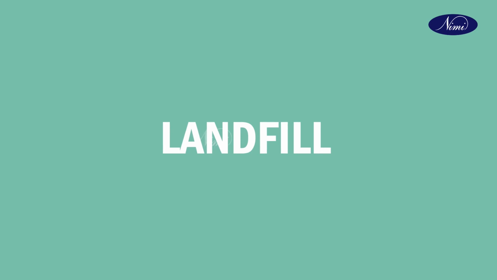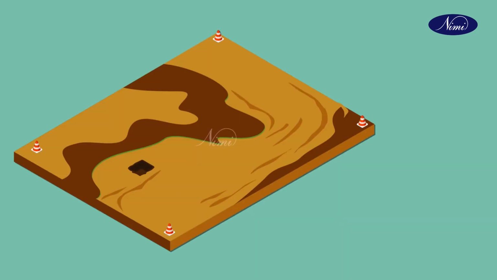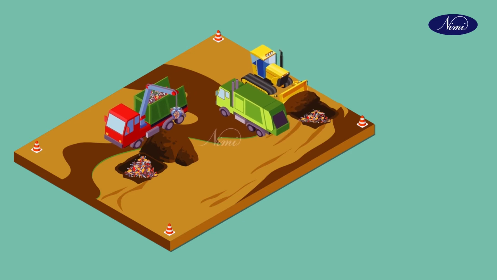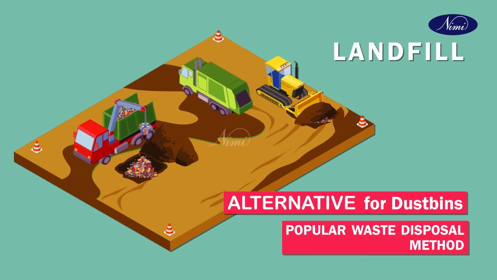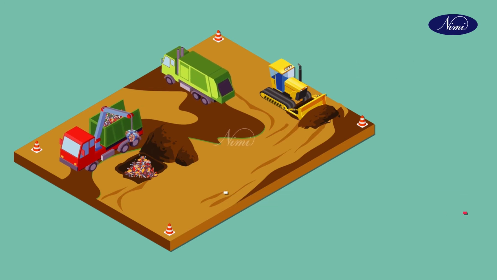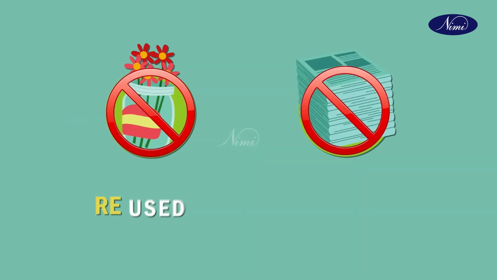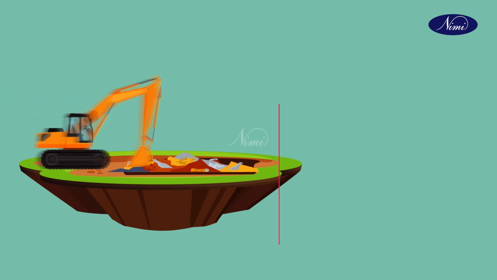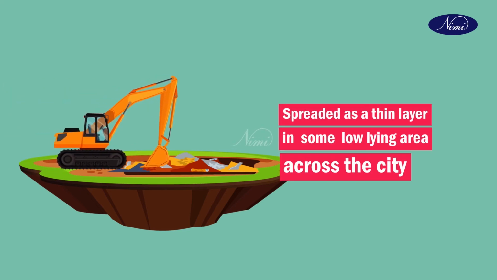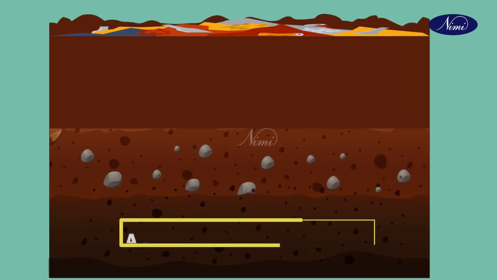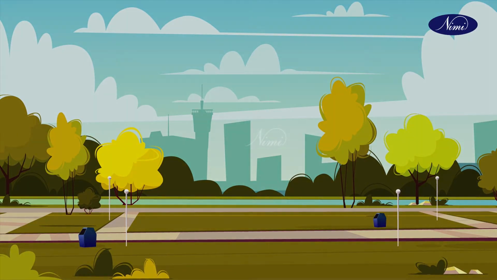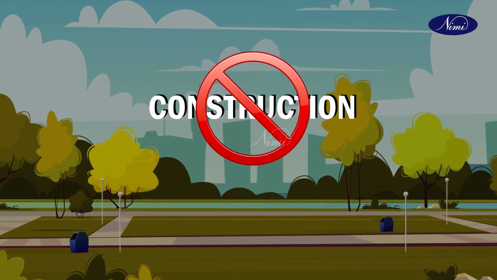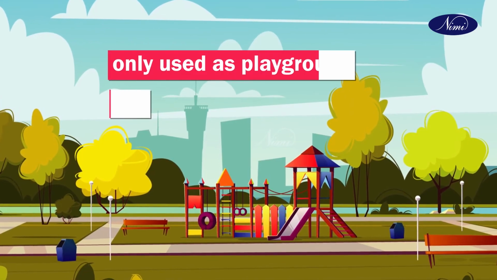Next method is landfill. Throwing daily waste in burial pits, also known as landfill, is an alternative for dustbins and is a popular waste disposal method. In this process, the waste that cannot be reused or recycled is separated out and spread as a thin layer in some low-lying areas across the city. A layer of soil is added after each layer of the garbage. Once this process is complete, this area is declared unfit for building construction and is only used as a playground or